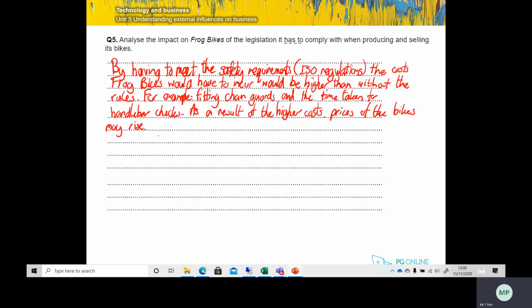So as a result of higher costs, price may rise. The prices of Frog Bikes may be higher than larger manufacturers,